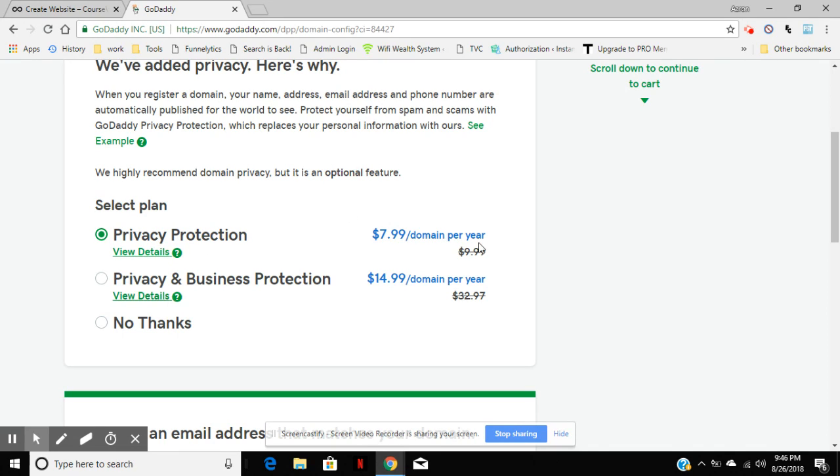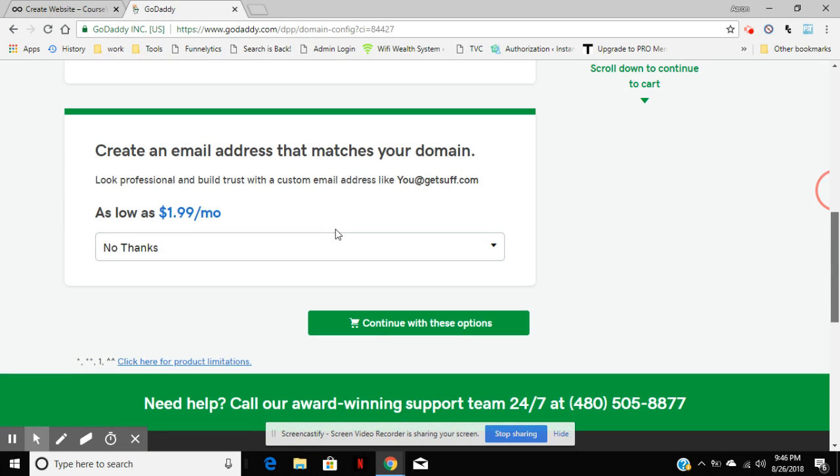So that being said, if you want to purchase this, I never do because I already protect my account when I set it up. I have a software that protects my account. We'll get into that more later too. But I usually just take this off or say no thanks, and we go down to the next, and it's going to try and say, oh, getting emails. And I say no because the emails come with the website hosting, so I don't worry about that. I just click on continue.